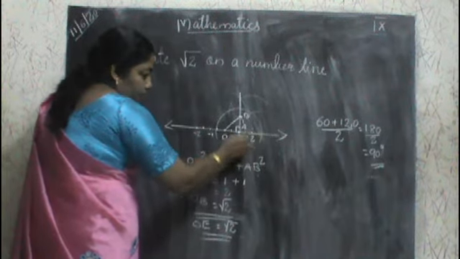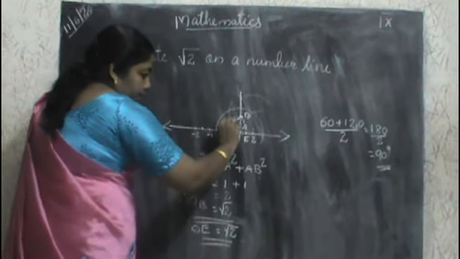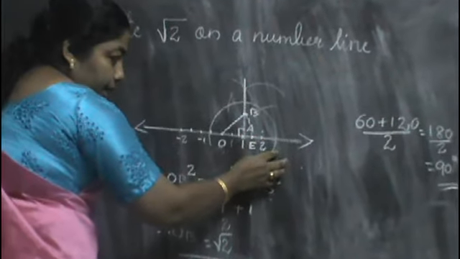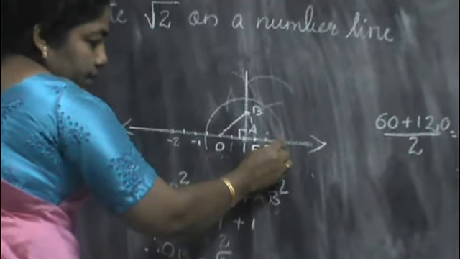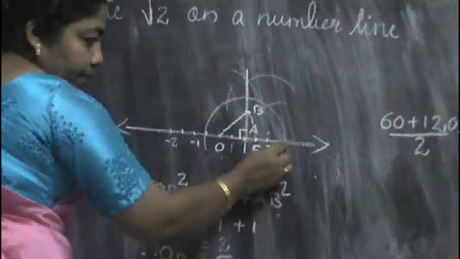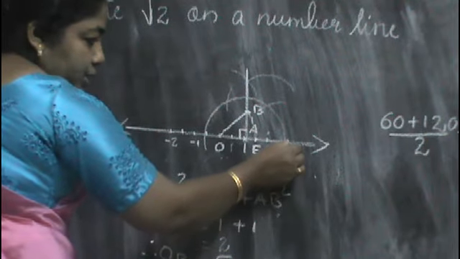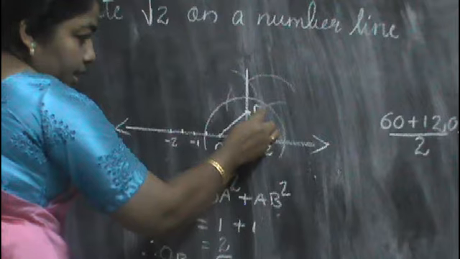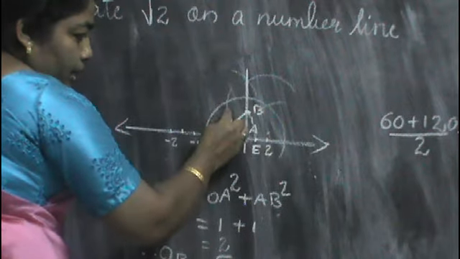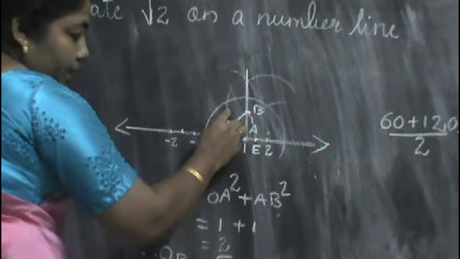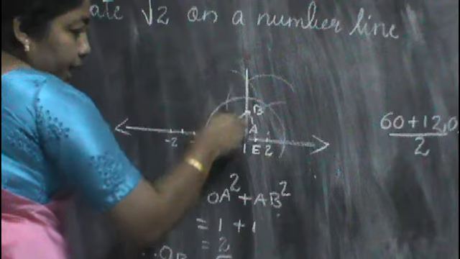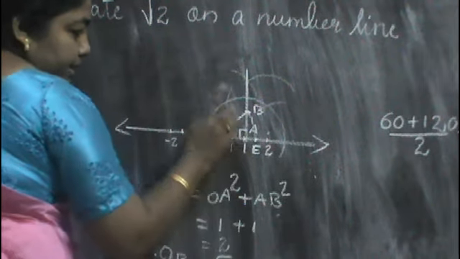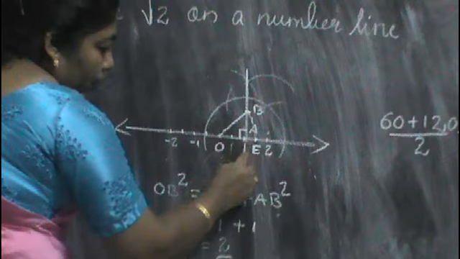How can we draw 90 degree? From 1 we have to draw an arc. Then that arc intersects the line at this point. From this point, using the same measurement, draw an arc, that is 60 degree. Then from 60 draw one more arc, that is 120 degree. Then draw 90 degree. 90 degree is the angle bisector of 60 and 120. Then join with A.